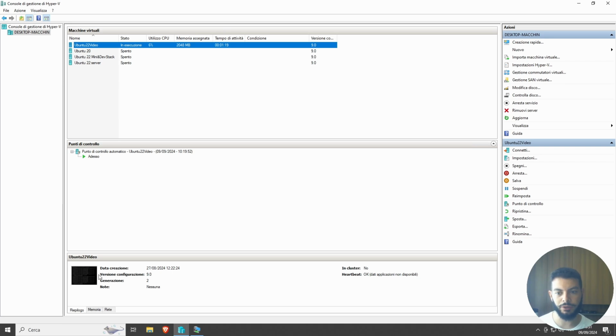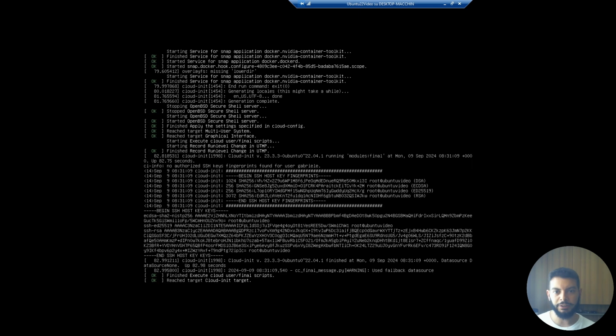I understand that this black screen can give some anxiety, but no problem. Also because you can notice from here that it does something that it doesn't display inside here. A technical comment, you see cloud-init. It becomes a very useful setting when you want to configure different machines with, let's say, X programs installed already, so you don't have to spend time doing manual configuration. This key of the SSH will help us to access this kind of server differently. This is sensitive information, but it is not a problem for the purpose of this video.